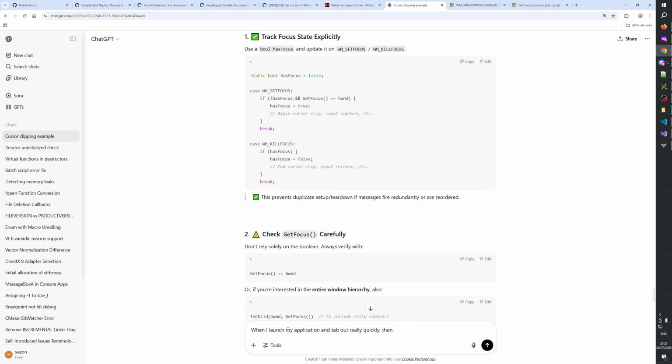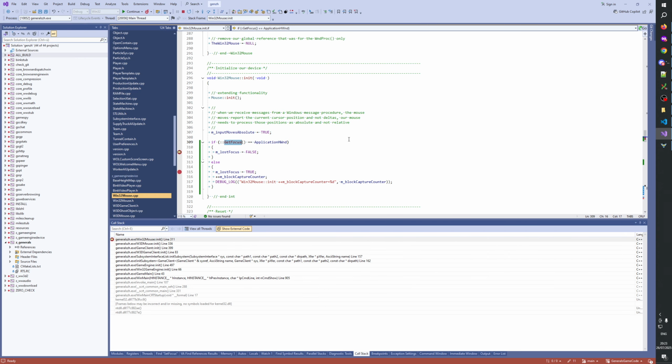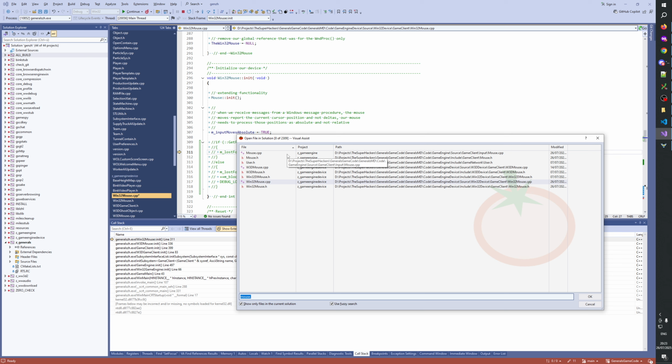That's a problem. Okay, let me remove this code here again. Maybe we just need to get it to handle that thing.